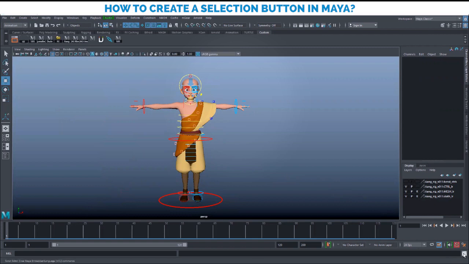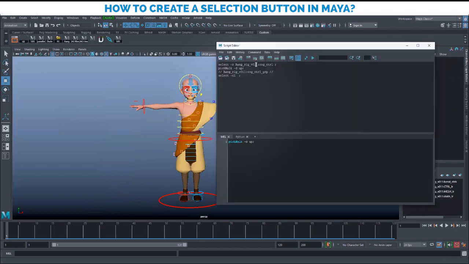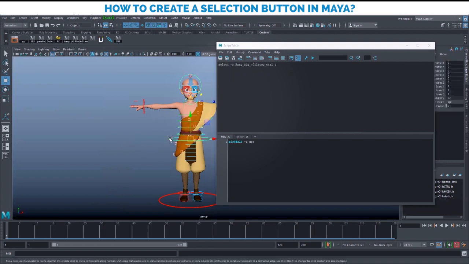So I will open the script editor. You can see here bottom right, I will click here, and what you can do is clear everything first of all, so that you are not confused. And now select any control, maybe hand, leg, whatever control is there. If you select any control and you press the up arrow button, some more script will be added here. What you have to do is select this thing, pickWalk -d up;